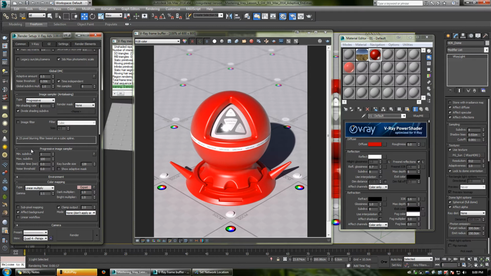It will keep getting cleaner and cleaner until you're happy. Now there's pros and cons to that. The cons are when you're rendering the whole image at the same time, you have to wait much longer to see what it's going to be like fully noise free. However, you get a much better understanding of what the overall lighting of a scene would look like and the overall